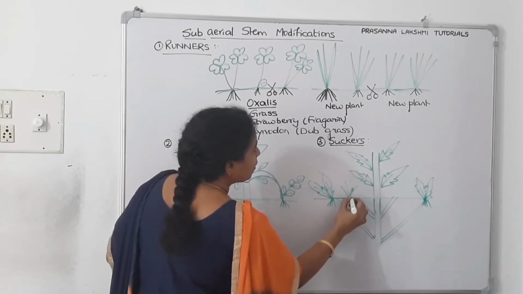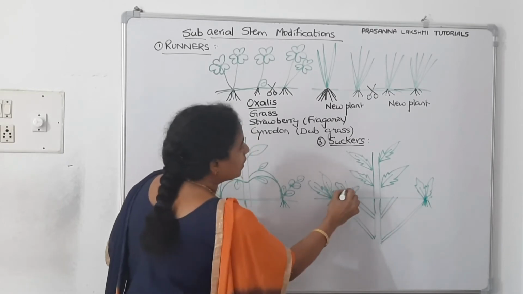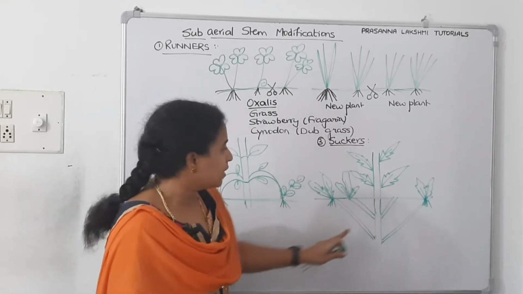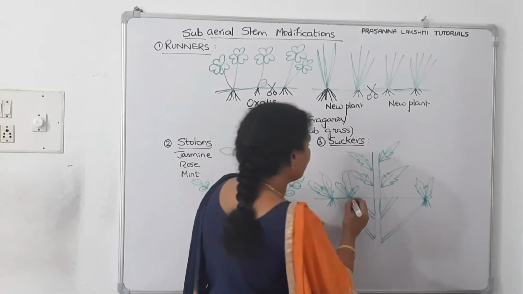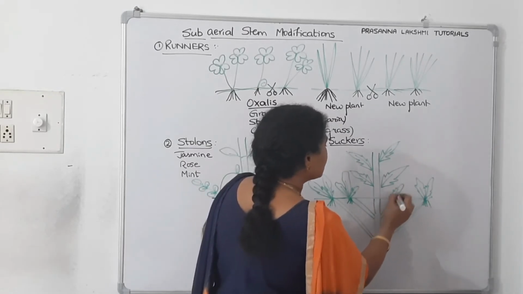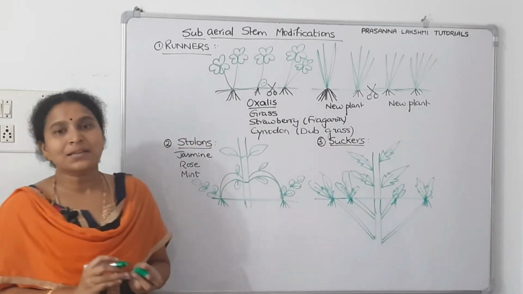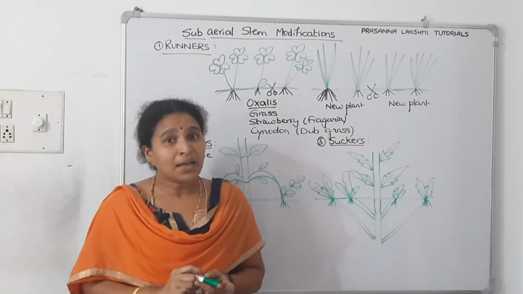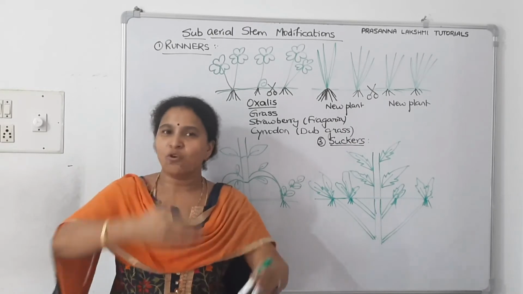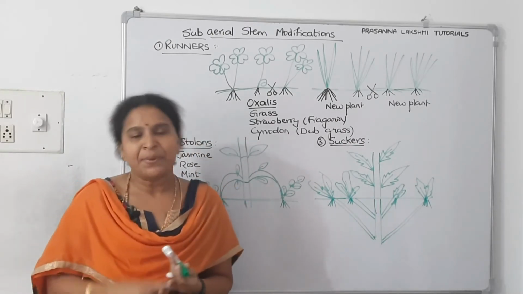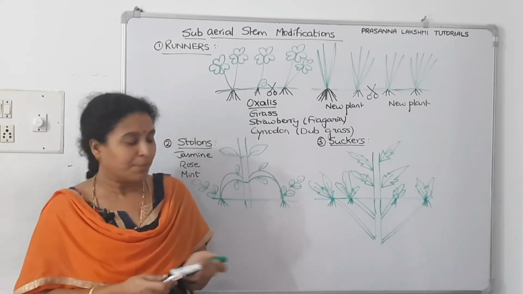So that is why when you plant one chrysanthemum, here you plant it, but this is one plant, this is one plant, it is having its roots, and this is one small plant having its roots, this is one plant. It spreads like that. That is called a sucker. You might have seen banana, one plant we plant, around it so many will come. That's a sucker. Pineapple is a sucker. Chrysanthemum are examples of suckers.